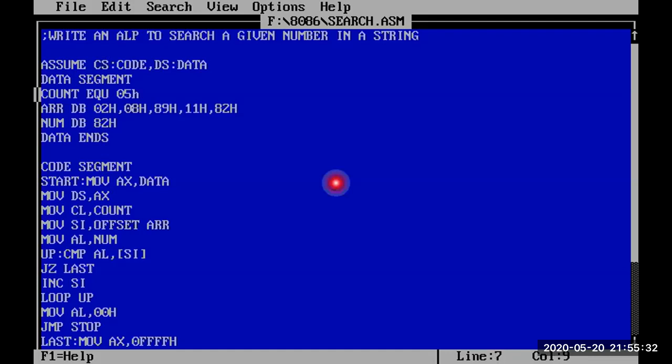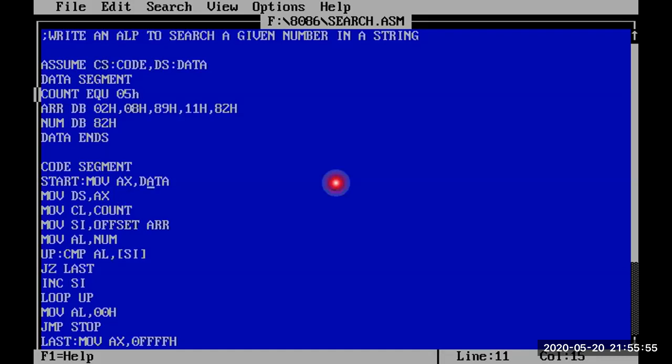I have to access this data in the code segment. Directly we can't access the data from the data segment in the code segment; we have to use one intermediate register. These are the two instructions to access the data present in the data segment: MOV AX, DATA.